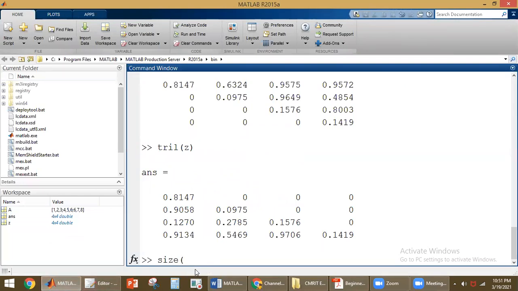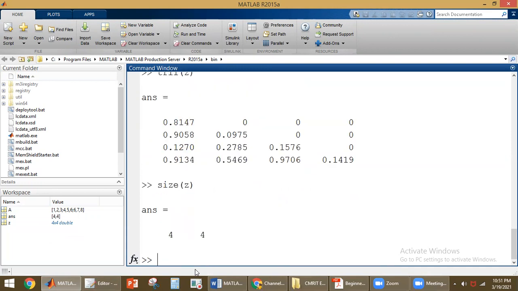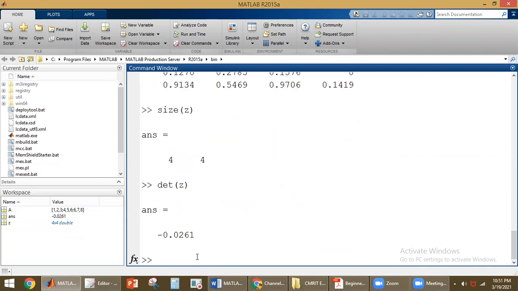So size. Just now we have created a matrix Z. So size of Z. What is the size of Z? 4 rows and 4 columns. Now if you want to find out the determinant of matrix Z, the keyword here is det. Det gives you the determinant of matrix Z. Then to find out the inverse of Z, the keyword here is INV.